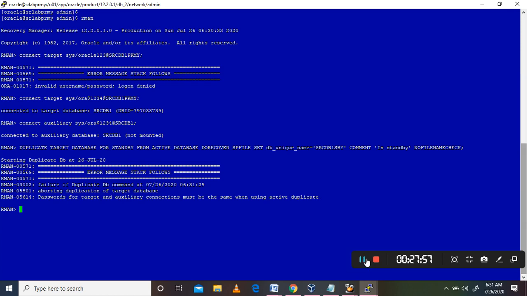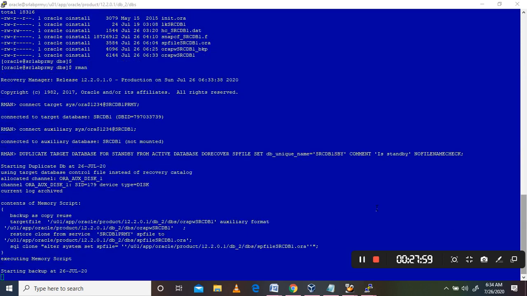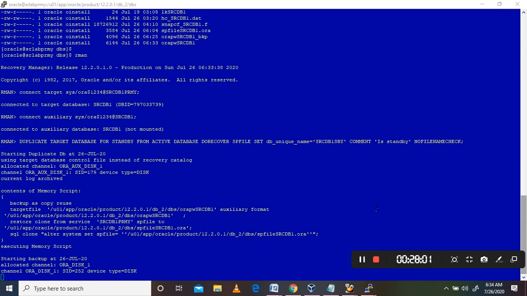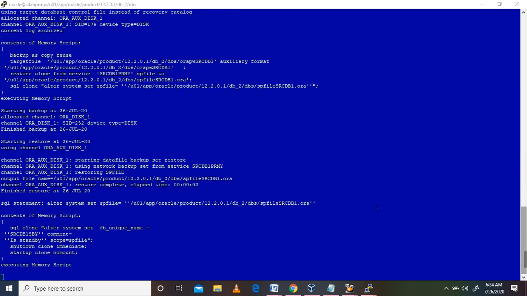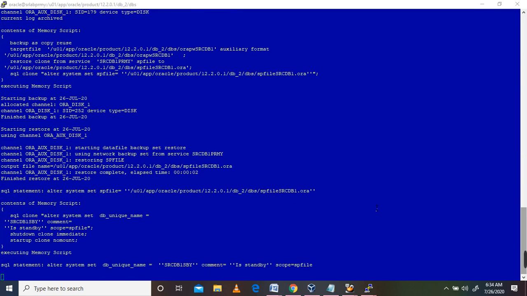Yes, I have changed that password file. I recreated the password file on the source side, the primary DB side. I have initiated the clone. It's running the duplication now.